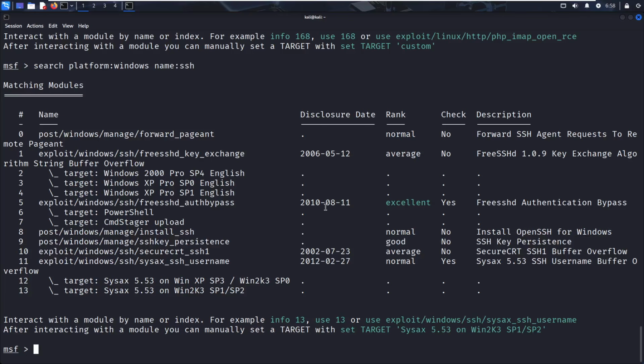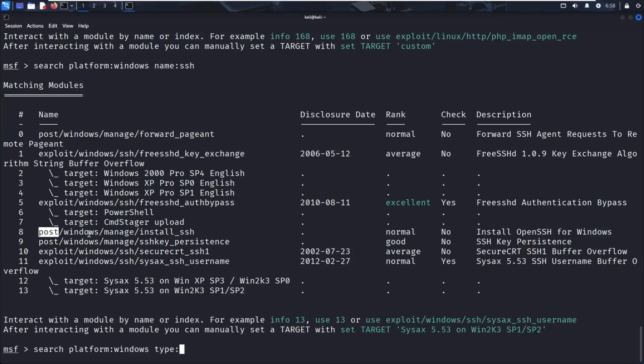I'm gonna tell you. But the thing is I want to only look for the exploit, not for post. I want to remove this post. I am just looking for exploits. So at that time what I'm gonna do is just execute the same command, search platform Windows. Now I'm looking for what? Exploit. Just type here this operator, type,